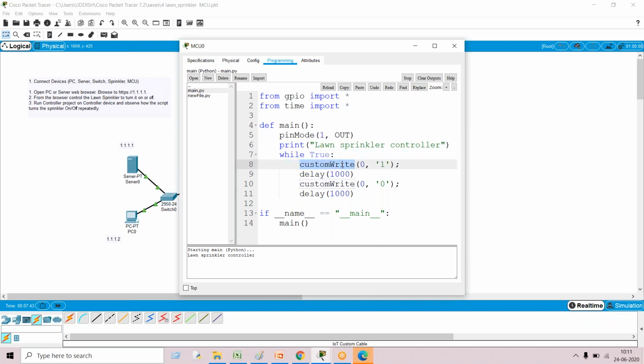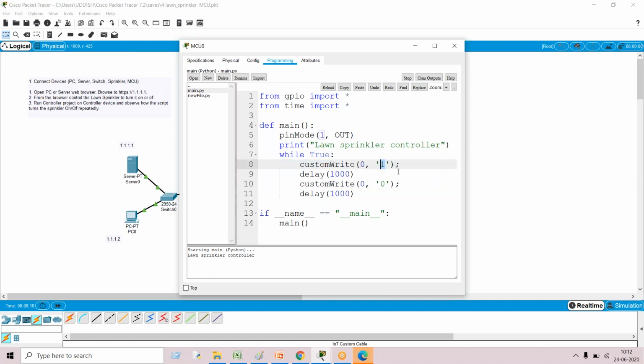What does this custom write do? It will try to activate. We know that the lawn sprinkler has two digital states: one is the on state and the other is the off state. This one indicates that the lawn sprinkler is in the on state, and this zero indicates that the lawn sprinkler is in the off state.